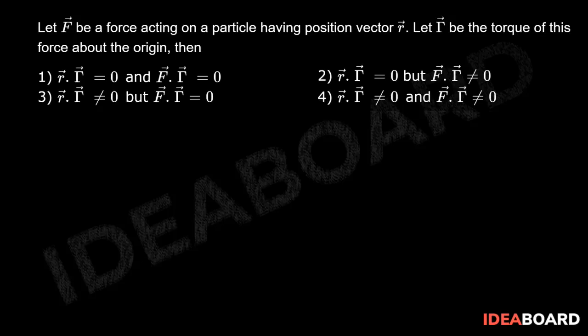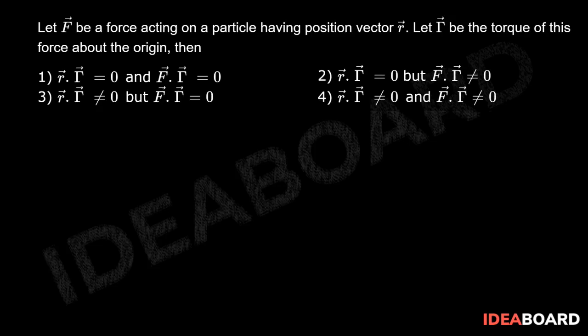Let F be a force acting on a particle having position vector r. Let tau be the torque of this force about the origin. Then, so now in this question, there is a force F which is acting on a particle having position vector